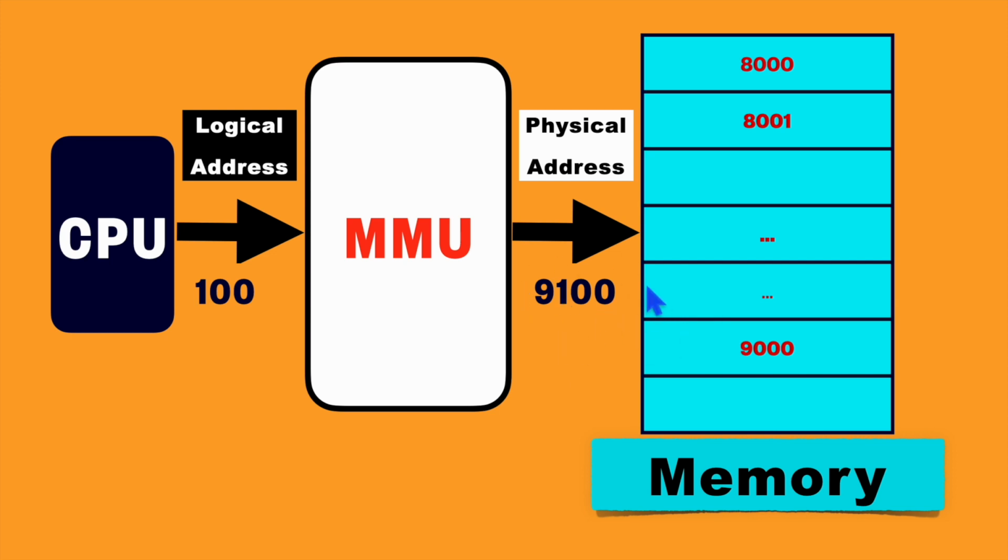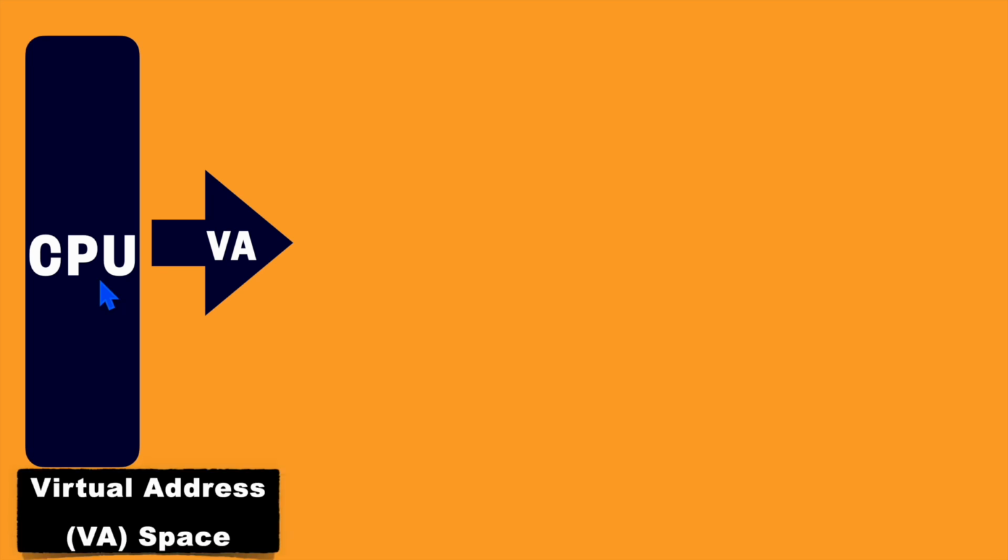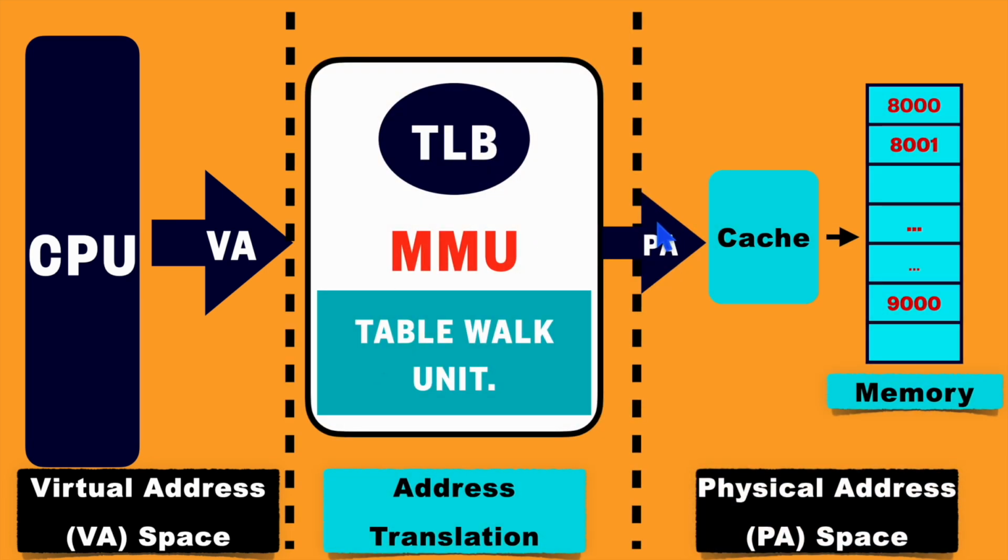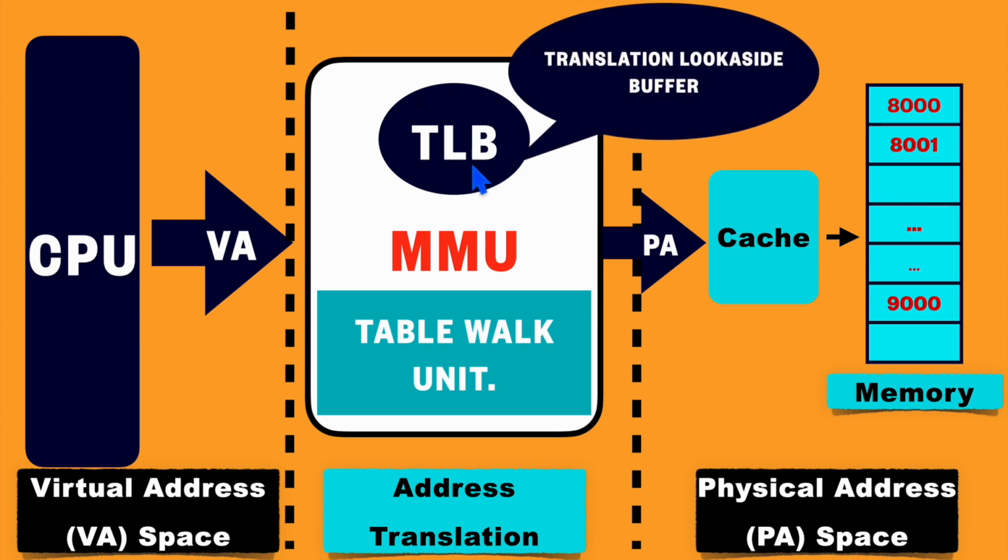Let's see now how this MMU converts from logical address to physical one. So this CPU issued some logical address or virtual address which needs to be converted into the physical address. So MMU unit will take this and will convert into the physical one, and to do so it uses TLB, which is nothing but translation look aside buffer. So basically this translation look aside buffer holds the recently cached data, or you can think of this TLB holds the cache information for the recent translations.